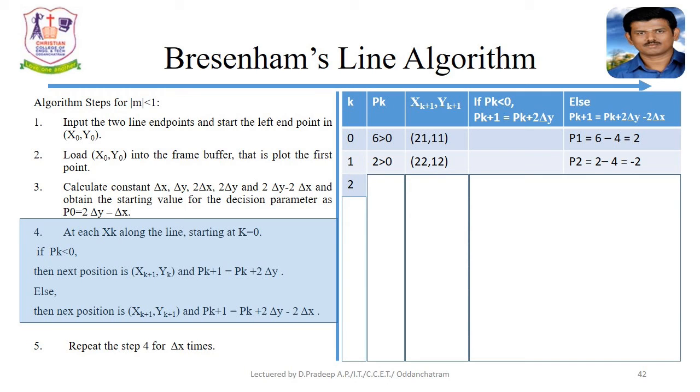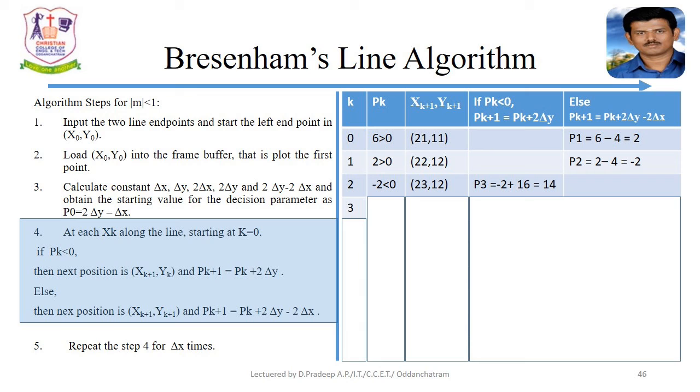Minus 2 is less than 0. In the fourth step it satisfies the if part, so the y should not be changed, so the next position is 23 comma 12, and the next decision parameter is calculated, that is p3. P3 is 14. For the next iteration the 14 is greater than 0, x and y coordinates are incremented by 1, so the next position is 24 comma 13,